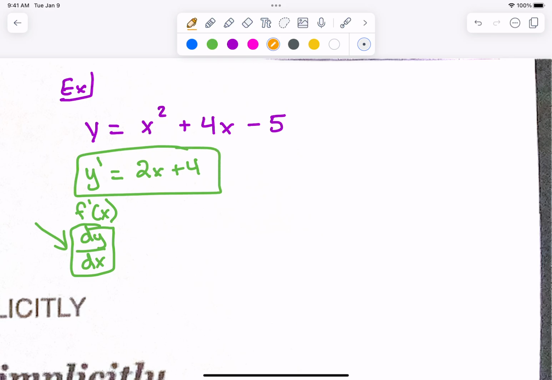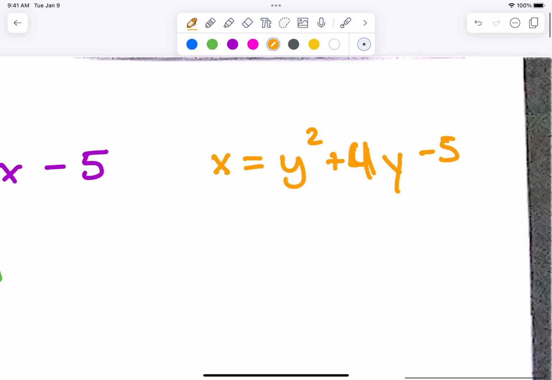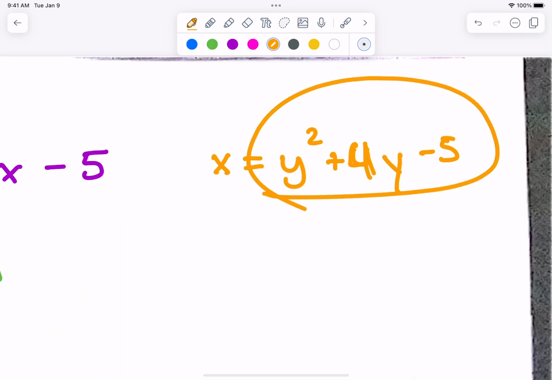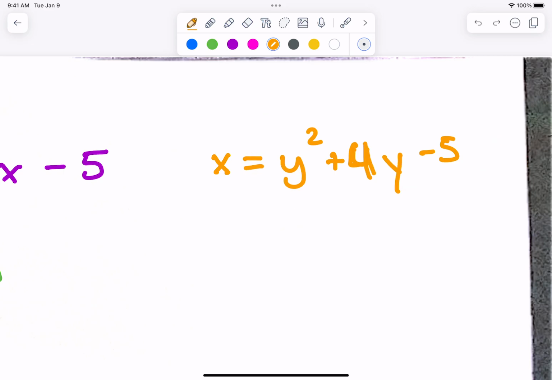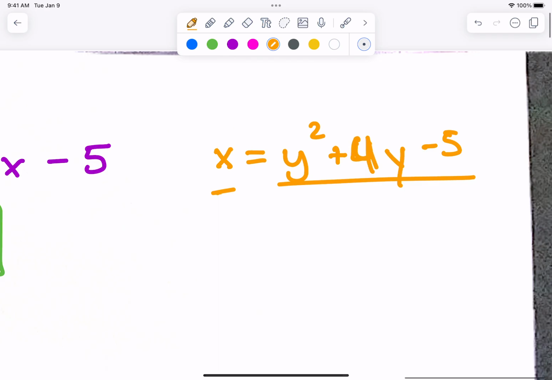But here's the problem. Let's say I have x equals y squared plus 4y minus 5. Let's say I have it there instead. How do I find the derivative of that? Because you have to have y equals something, right? And I can't do that because I would have to do the quadratic formula or something to get y by itself, and then we would have a whole big long mess, right? How do I do that? So in this case, when my variable is not x, this is when we use implicit